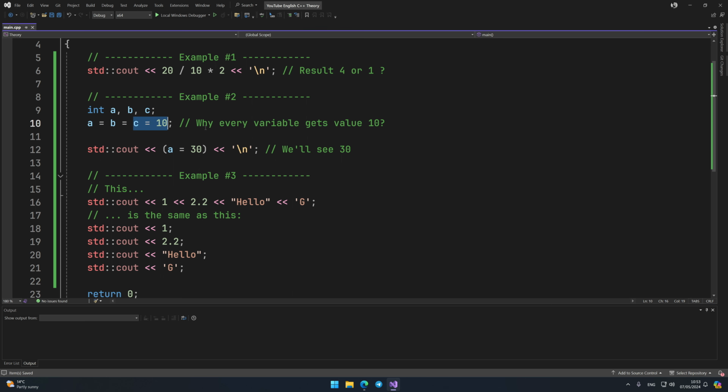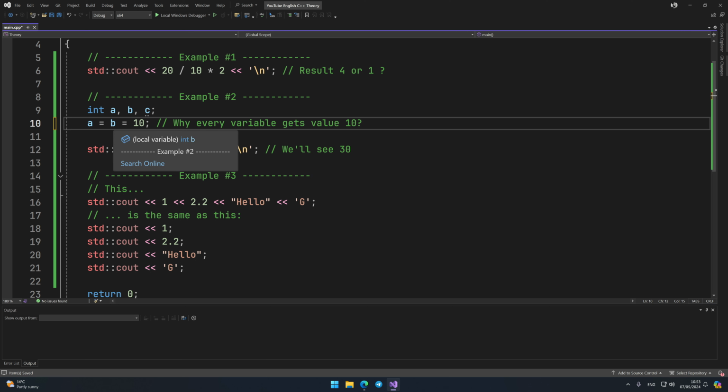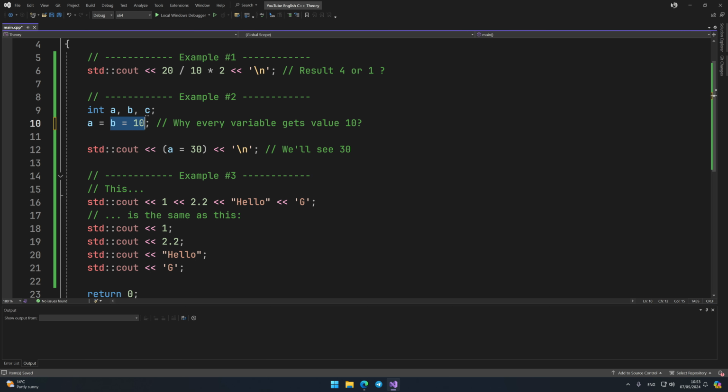The assignment operator does 2 things. First, it assigns the value on the right to the variable on the left, and then leaves this value in its place. It turns out that instead of this sub-expression, there will be the value 10, and then it's assigned to the variable b. And then the same things happen with the variable a. That is, we now understand that this command works because the assignment operators are executed from right to left. By the way, since the assignment operator returns to its place the value that you specify to the right of it, we can even write such weird things and everything will work.